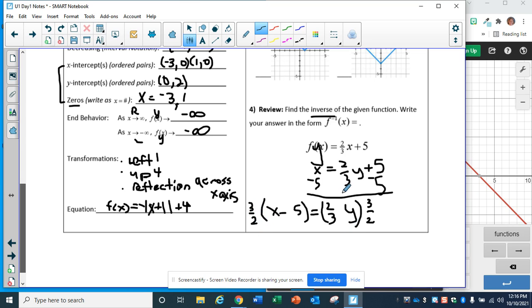So I get these cross out, boom, boom. So I get Y equals, and then I'm going to use my distributive property. So I would get 3/2 X minus, and then this is 5 over 1. So I multiply 3 times 5 is 15, and 2 times 1 is 2. All right, and then